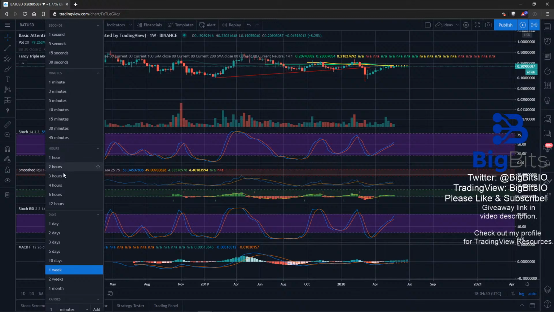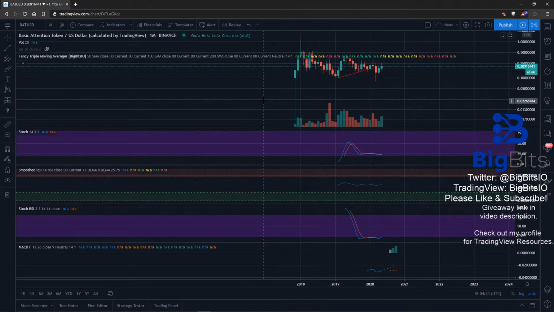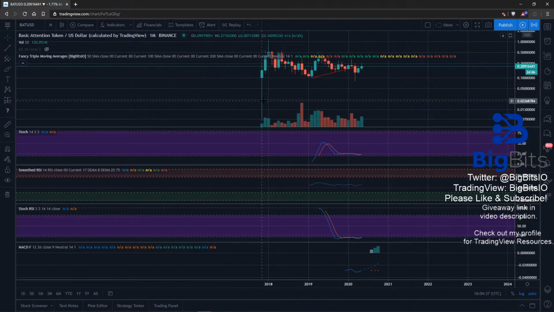All right, so that's the weekly. I want to take a look at the monthly. This one actually looks pretty good for what I look for. So we've been low, and as long as the month finishes strong, it's going to look like momentum wants to continue up. And particularly the stochastic RSI, just looking at it,